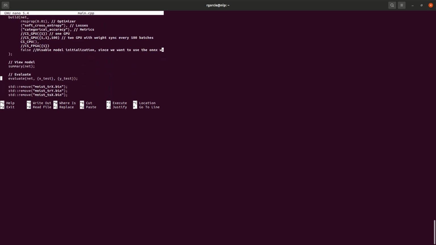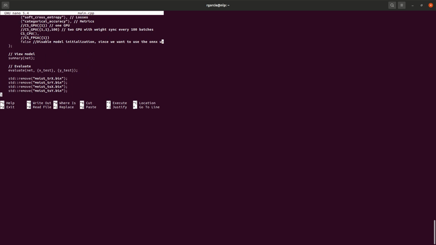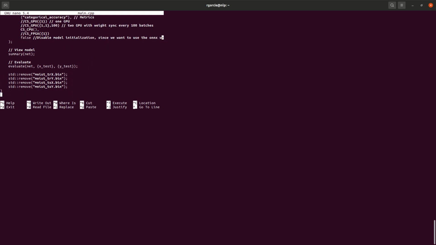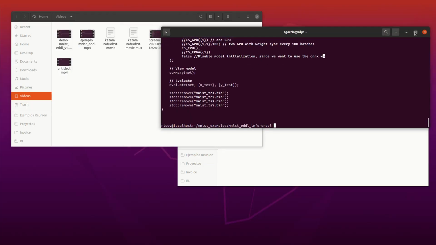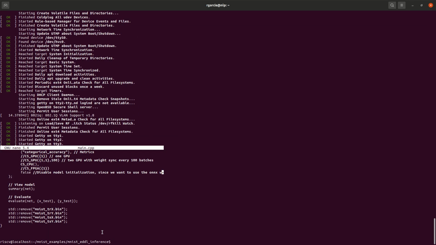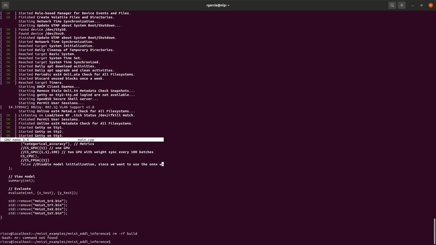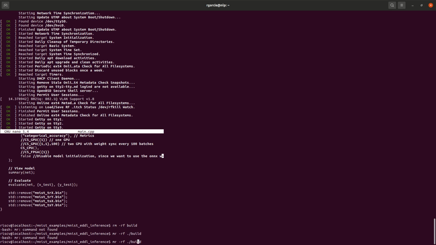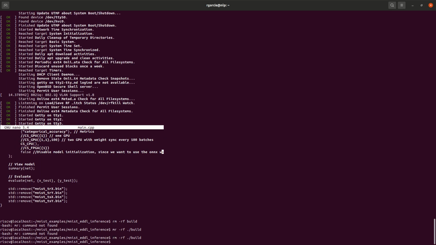This initiates the inference of the network, and so the result. Same as before, the Docker container already contains the code of this part already compiled, but for the sake of the demonstration, I'm going to remove the compilation folder. I'm going to create it again,